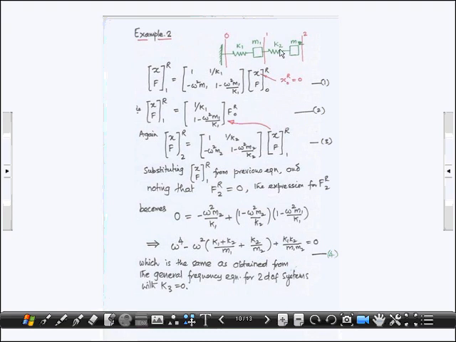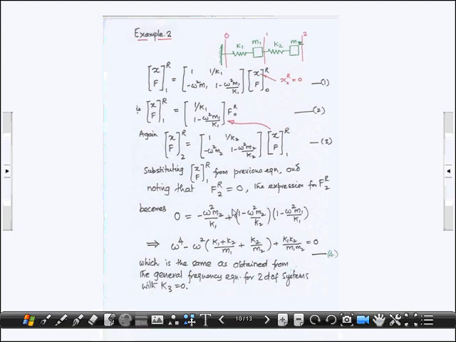Now we will consider the transfer matrix between station 2 and station 1. Similarly, the equation that you write is x_R2 will be 1 by K2, minus omega square M2, 1 minus omega square M2 by K2 times the state at station 1, that is the state at this point. But you already know the state of the system at this point to be 1 over K1 into 1 minus omega square M1 by K1 times F_R0. So when you substitute the state at station 1 from this in this equation,